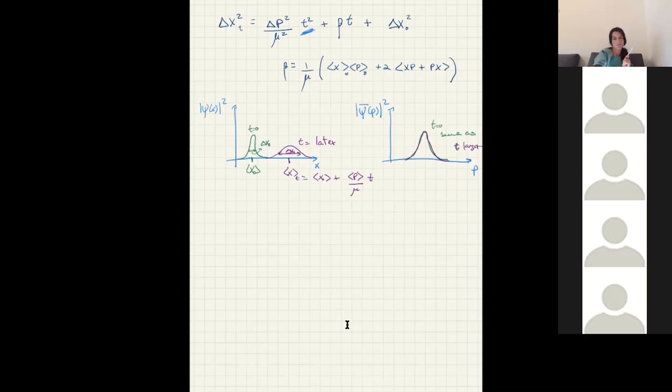Now, we want to apply this to a concrete initial state, right? Because now we just saw this applies to any state. And the states that you'll see in the tutorial this week, they are precisely states that have this form that I drew here. They're called, for example, Gaussian wave functions. So these will be states of the form